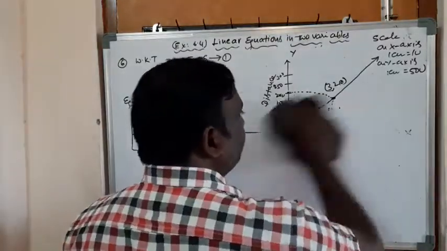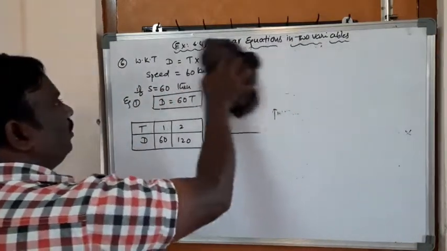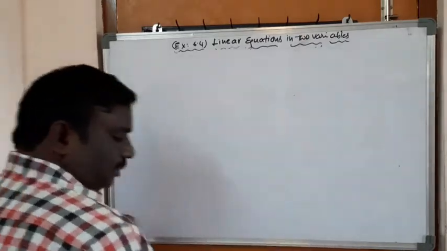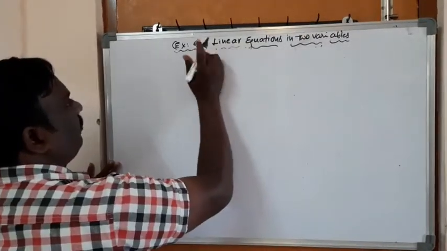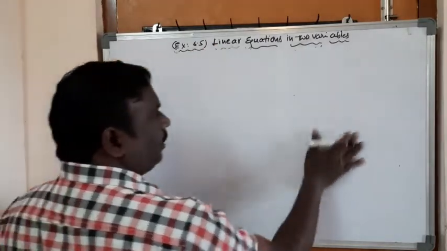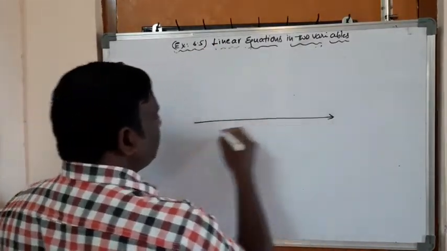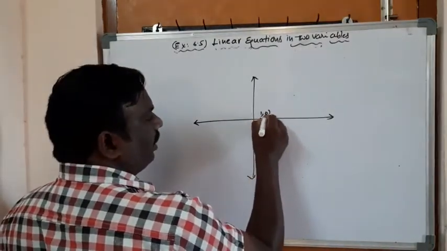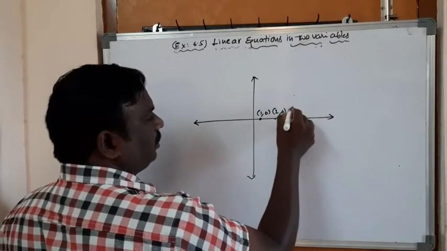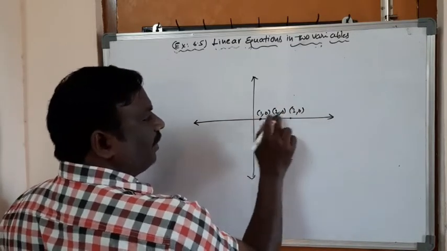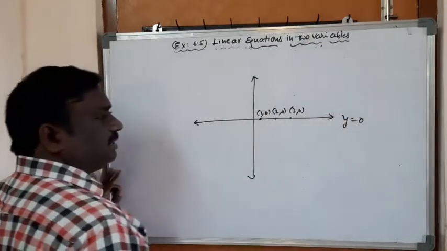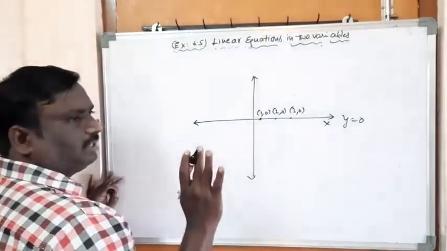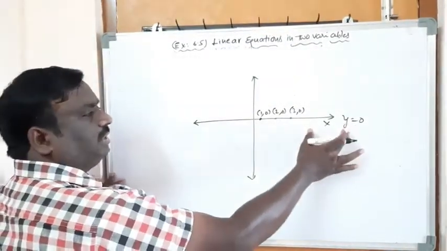That is a very easy concept. Exercise 6.5: equation of a line which is parallel to x-axis and y-axis. What is the equation of x-axis? The equation of x-axis is y equal to 0. Because of that, these are points (1, 0), (2, 0), (3, 0). On x-axis, we can say that the y coordinate is 0. That's why the equation of x-axis is y equal to 0. Similarly, here also y equal to 0, for negative x-axis or positive x-axis. Total x-axis equation is y equal to 0.